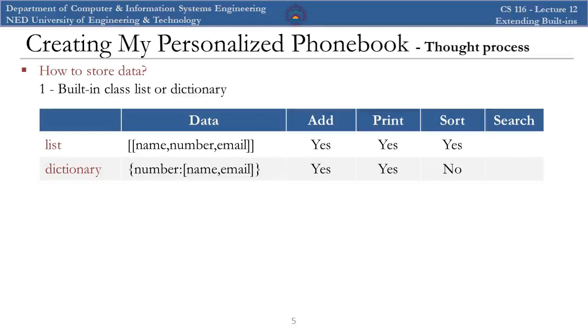And when it comes to search, the kind of search that we want to do here on my phone book, like we want to search an entry by first name or last name, that kind of search method is provided neither in list nor in dictionary. So that means we'll have to write that function by ourselves, whether we use list or dictionary. Now if you see this, list is slightly better than dictionary, because if I use list, I will not have to implement that sort function, but in dictionary I'll have to do that. So I'll go with